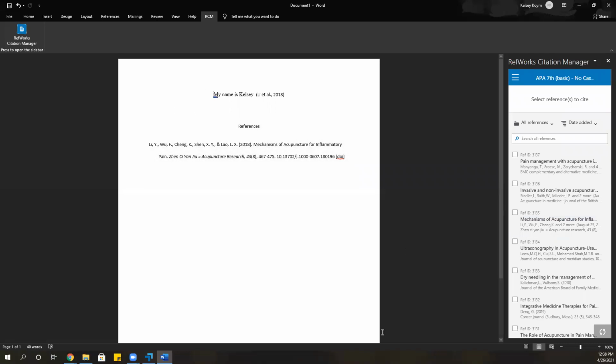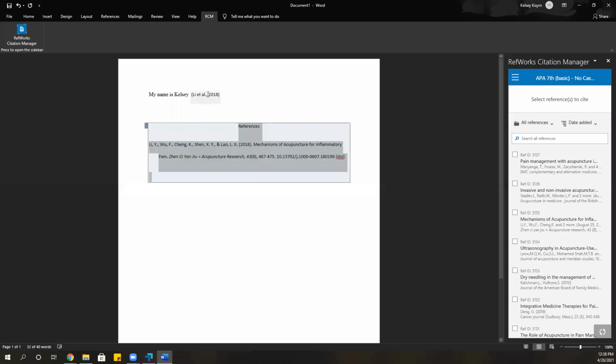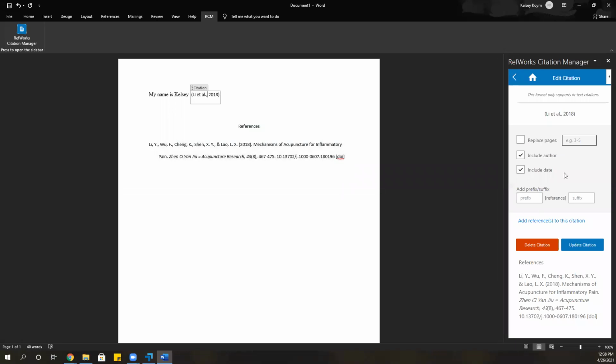Now, this is really cool. A lot of people get very excited about this, but there is a learning curve. I warn you now. See how this is highlighting in gray, and you may not be able to see it because it's very subtle, but this means if I try to click on this right here, you need to be editing your citation in the citation editor. If you need to edit the citation at all, the thing that's lighting up in gray, edit in the citation editor. That's the part that offers a little bit of a learning curve,